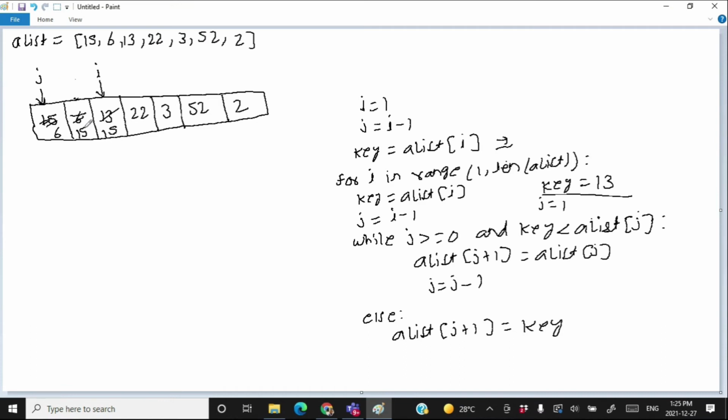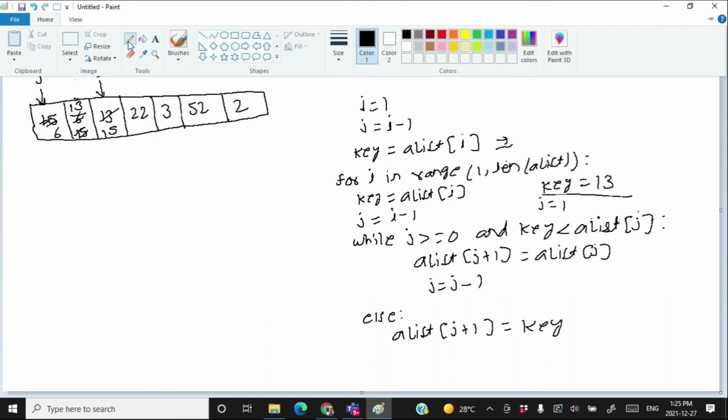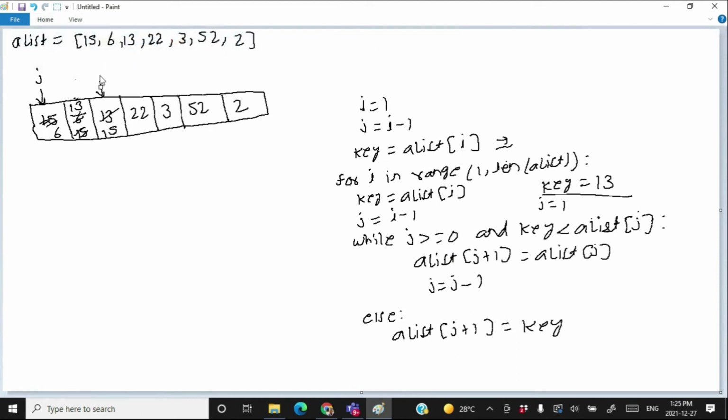We are going to update this one with the current value of key, that is 13. As you can see that we have inserted the value 13 where it should be in the list. Okay, so we are done with the other iteration. Now let's increase the value of I to 3.